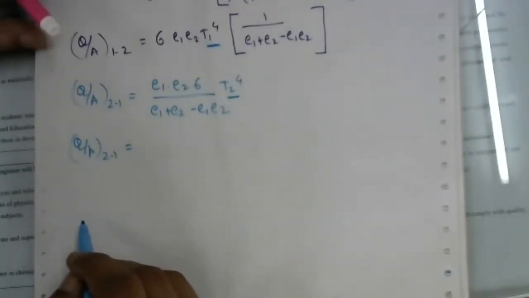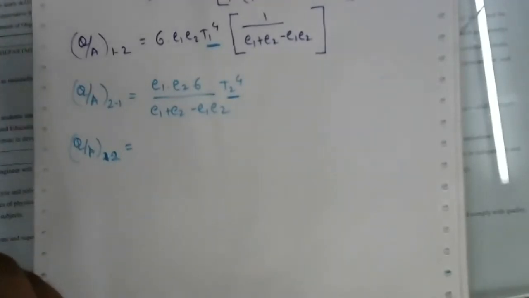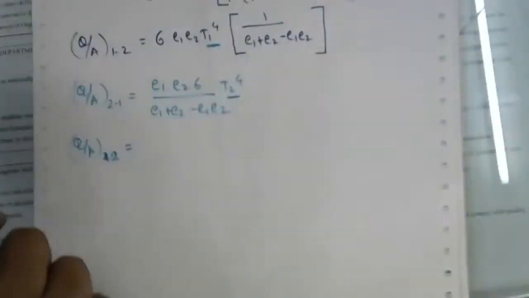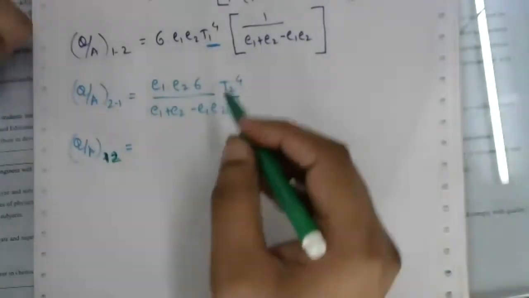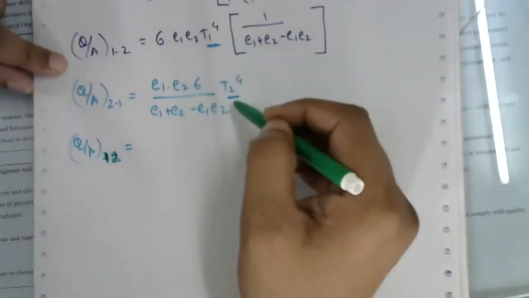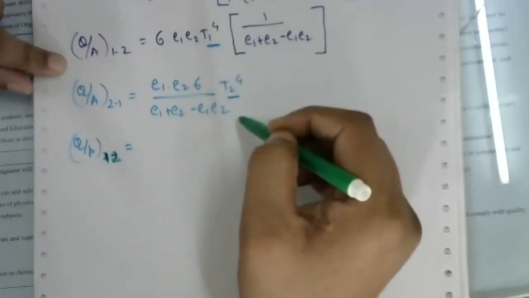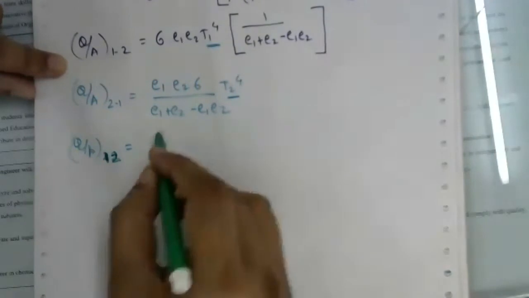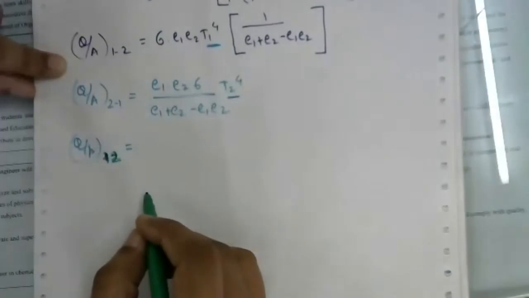Now the net transfer energy per unit area per unit time, we can write directly as q12. Now it is not q1-2 or q2-1, it is only q12. Means we are comparing this equation and this equation, we are calculating the net transfer of energy from 1 to 2 and 2 to 1. So we have to subtract this equation. So the parameters are same except T1 raised to 4 and T2 raised to 4.